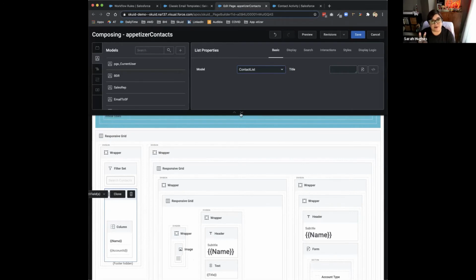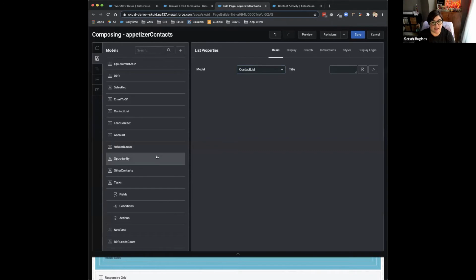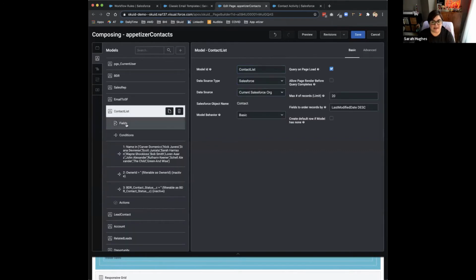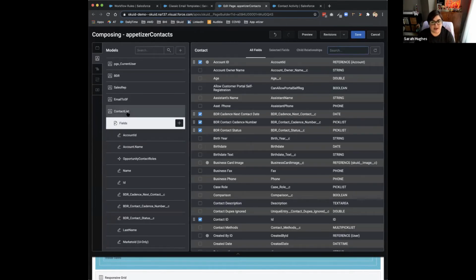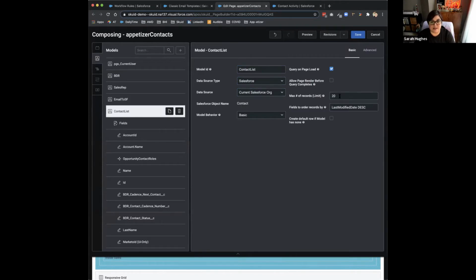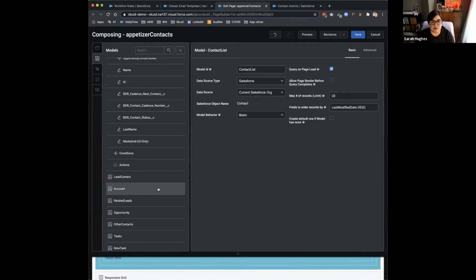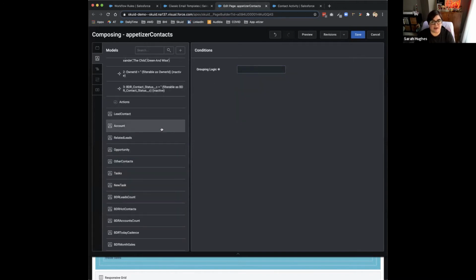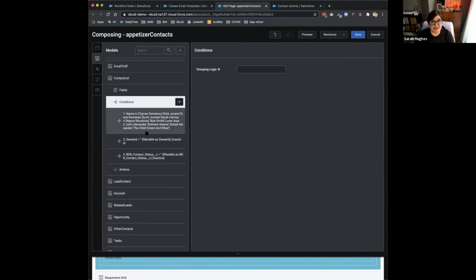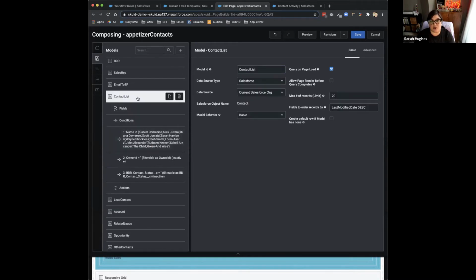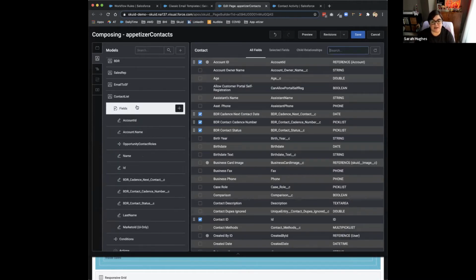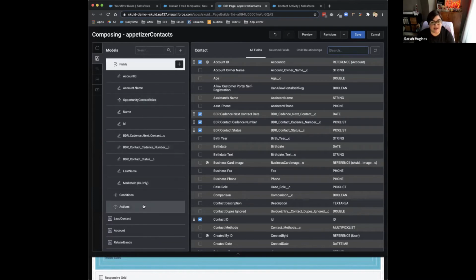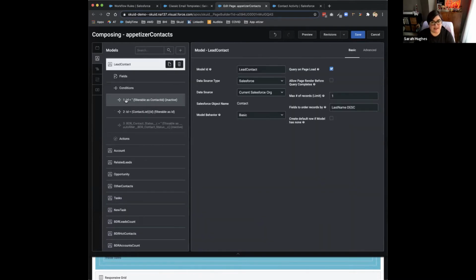And that's just 2 models running on the same object. I think that ties into what you're saying: we have a model that's saying, here's my contact list. I want to bring in at least 20 contacts, right? These fields are the ones I think I want to show over there. I'm going to put some conditions on it. This is where I've said, only show me my contacts, right? And then when I click on it, there are actions that then